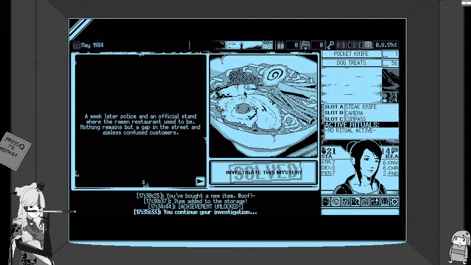The different ending, oh nice, fingers. The different ending is basically you get that chunk of meat and you present it and she's even more scared. And your friend leaves the town because, let's be real, finger soup and eggs, tamago, as they say in Japanese. A week later, police and an official stand where